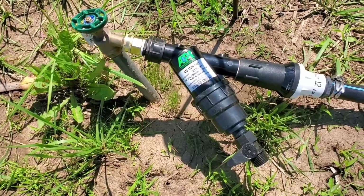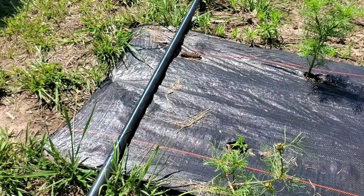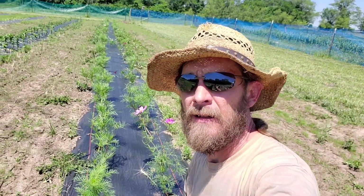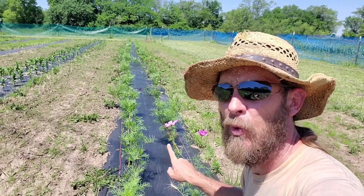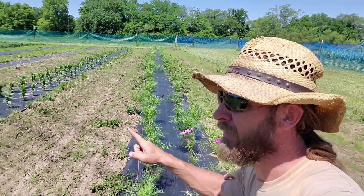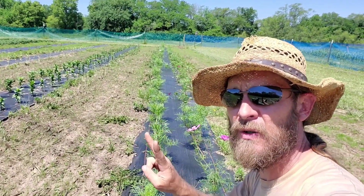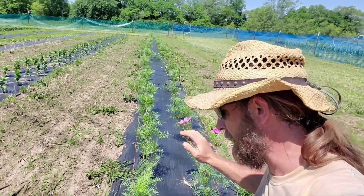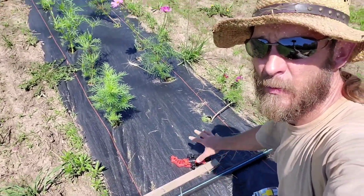Got that hooked up in line. Now I'll put my first 2 emitters on this bed right here. Now for what I'm doing out here in the U-pick area, most everything's on 2-row, 1-row. I'm going to do a 3-row herb, but that is the exception. So I'm just going to run 2 runs for each bed in the main line where it comes up to